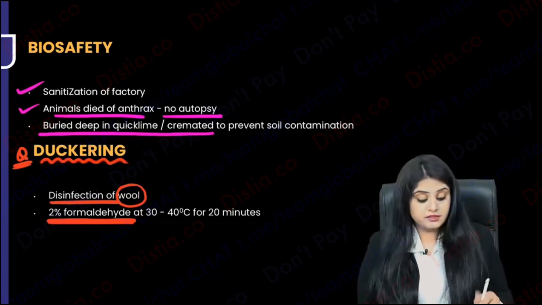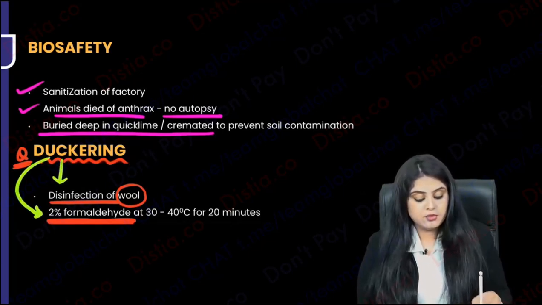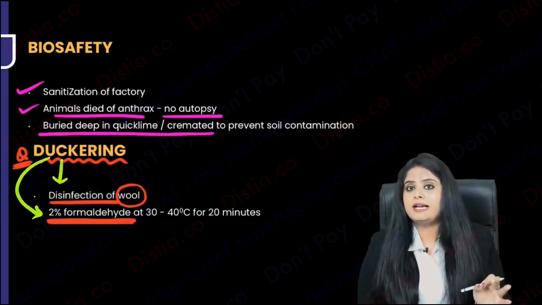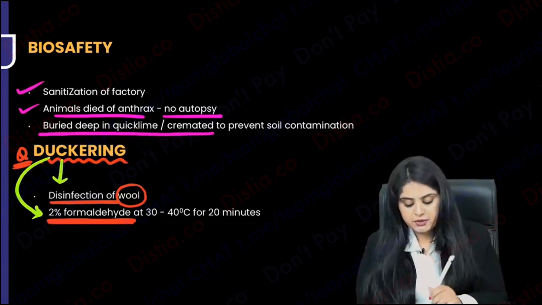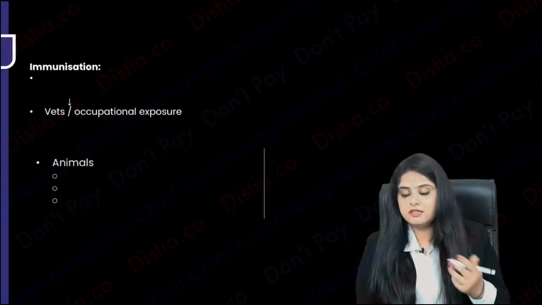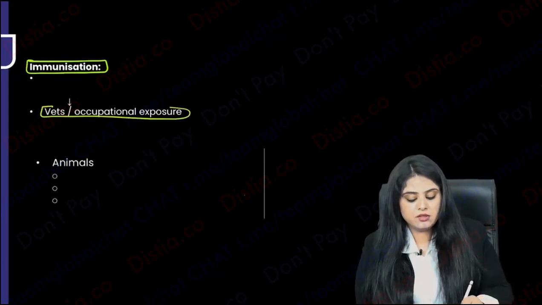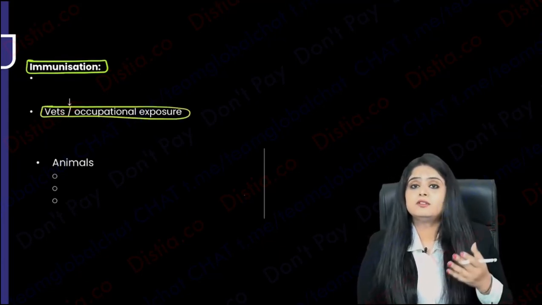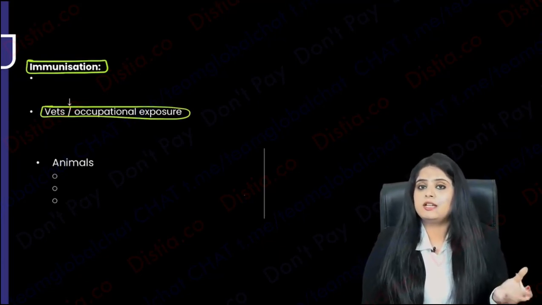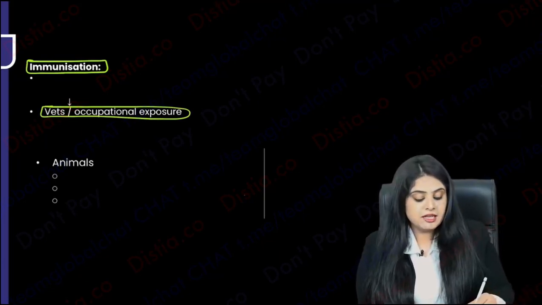This process is where a question shall come to you guys. Remember, 2% formaldehyde is used. Now tell me, how are you going to do the treatment and what is the vaccine status? So let's start with the vaccine, because that is always more important. Now see, immunization will be for two groups. One is humans, of course the vets, veterinary, because they can have pre-exposure prophylaxis and post-exposure prophylaxis, and secondly,